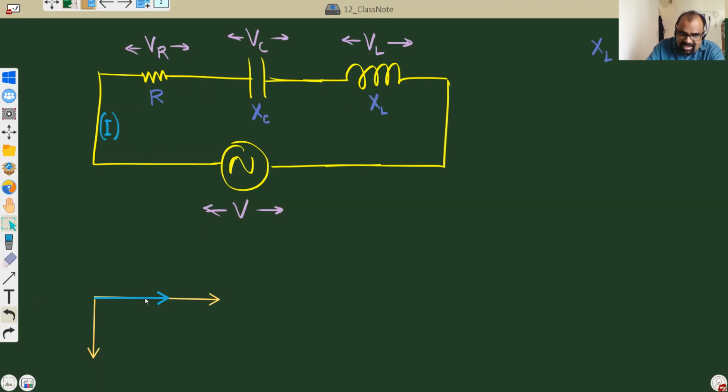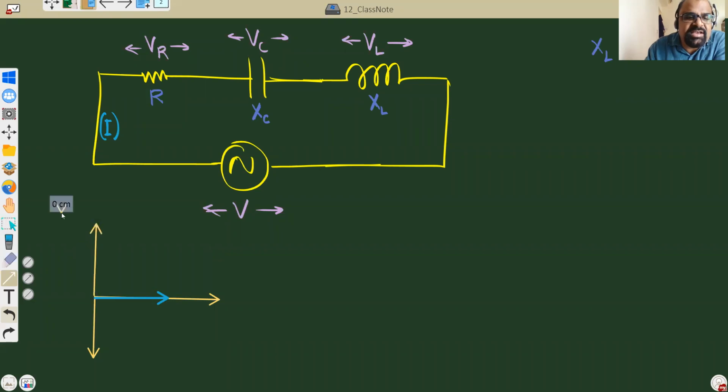So this I phasor, this blue colored phasor, there is only one blue color phasor because there is only one current. But there will be 4 of these yellow color phasors because there are 4 voltages, 1, 2, 3, and this one. However, this one I will represent with a different color because it is the net voltage. But there will be 4 voltage phasors. Now VL phasor will be 90° ahead of this current phasor. So with respect to current, VL, voltage across inductor, is 90° ahead. So this will be your VL phasor.